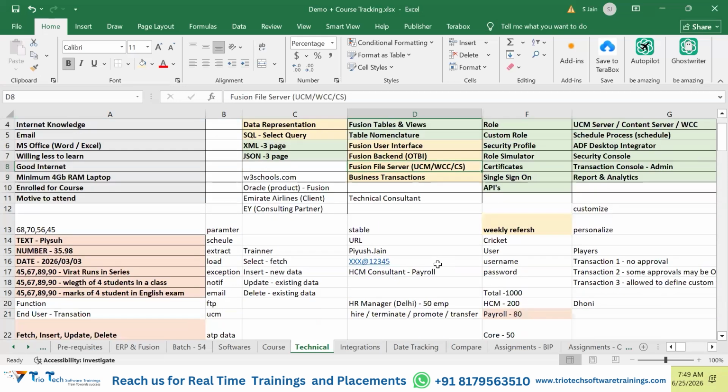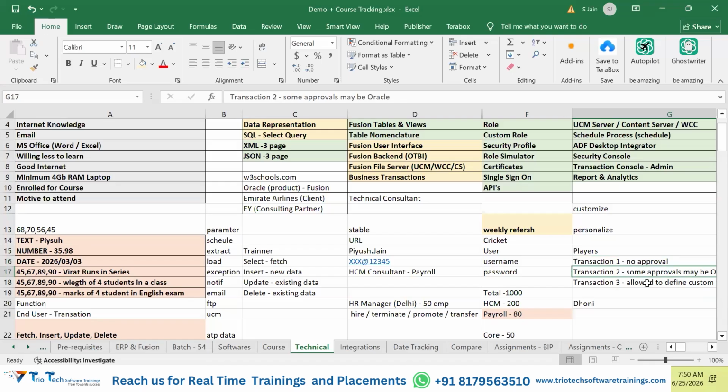So going forward, guys, once we have any transaction to be done, there may be a possibility that you are trying to promote a worker. There is a transaction called employee promotion transaction. Promoting an employee may not require any approval. Maybe the system has been designed in such a way that that kind of transaction does not require any approvals. Or there may be certain transactions which may require some sort of approvals.